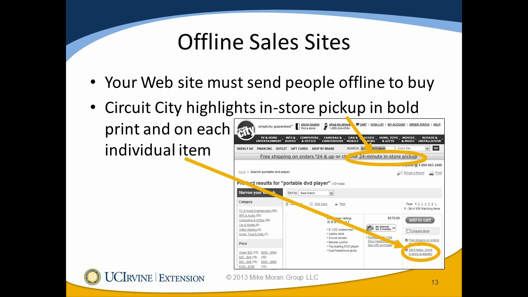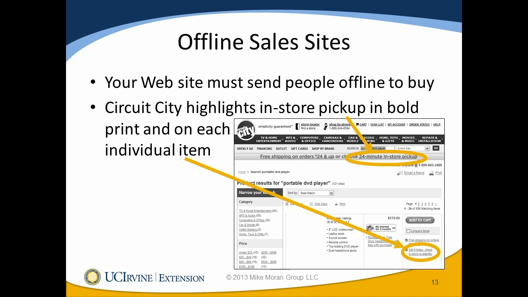And they're emphasizing that in a couple ways. At the top, they're saying free shipping. They're also saying, or choose 24-minute in-store pickup. And at the bottom corner, you can see that it says, get it today, check in-store availability. So even before you're buying, you can find out if it is in stock in the store near you. And so this is a way for retailers to take advantage of the fact that they have all of these stores everywhere. They can allow people to shop online, to take advantage of the fact that the web is maybe